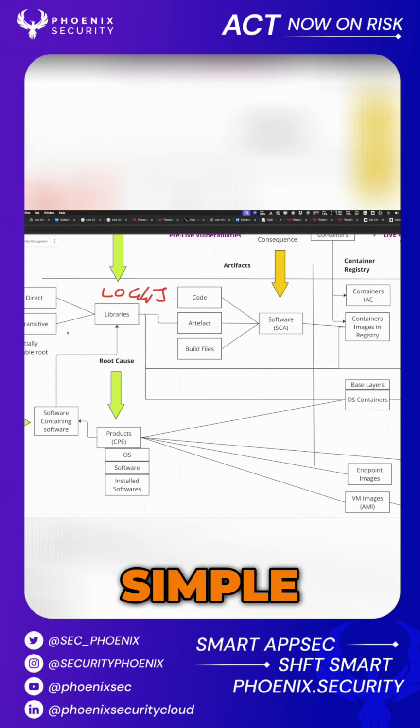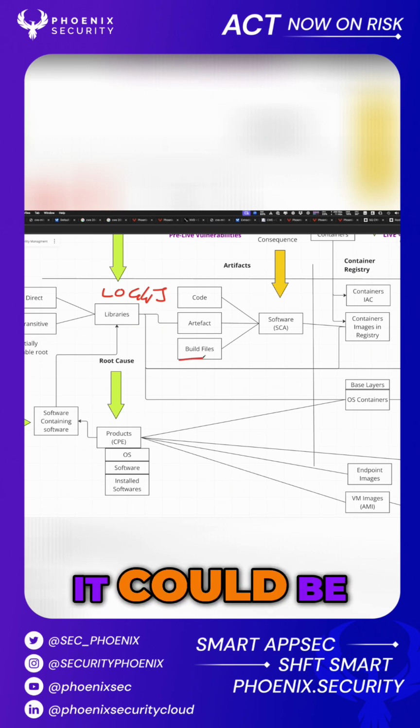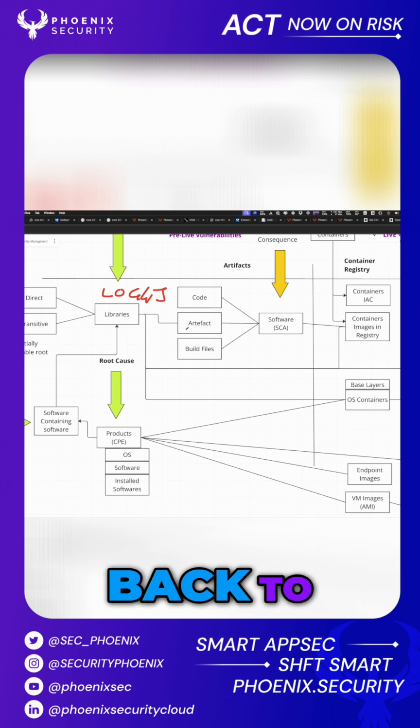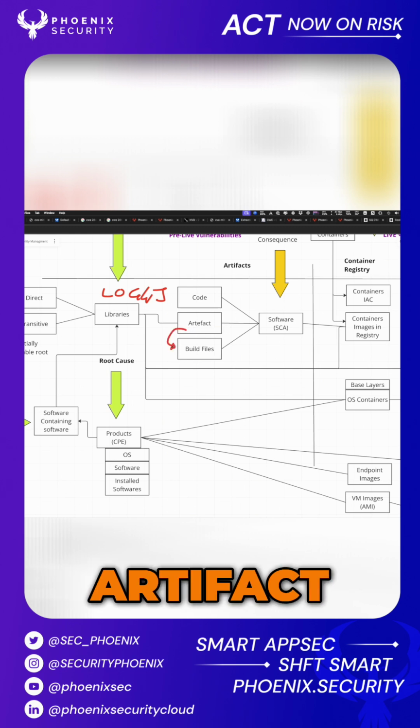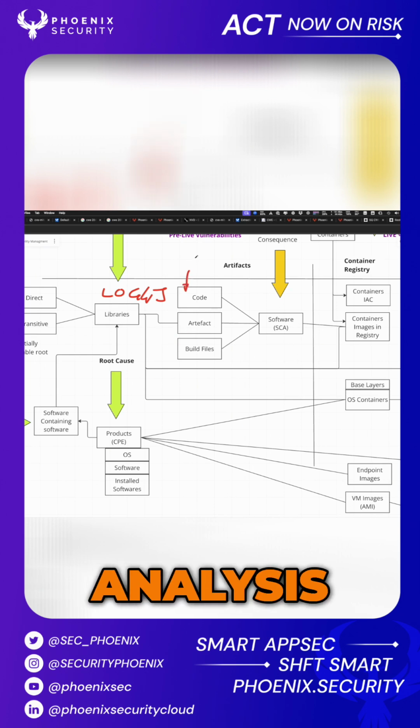Now, let's assume the simple scenario where we have Log4j directly integrated in a software that we can control. Where that particular library is deployed, it could be in a build file, it could be in an artifact that is already built, so we need to trace it back to the build file where that artifact gets built, or if we're lucky enough, we know exactly which piece of code through an SCA analysis like the one we do